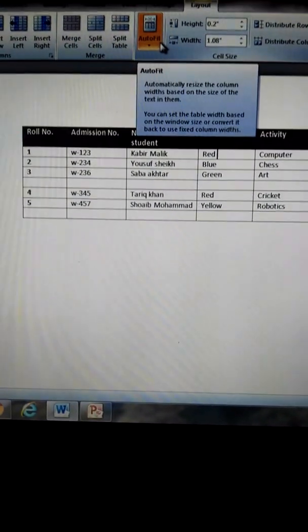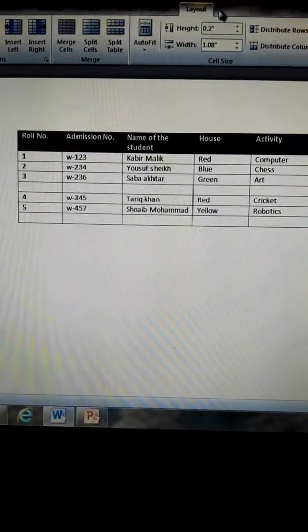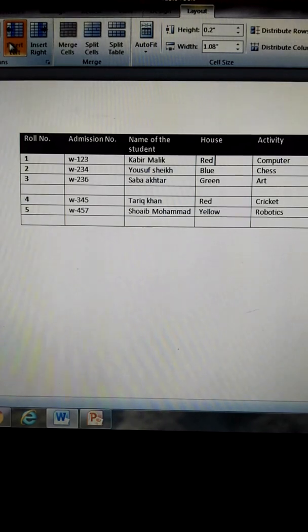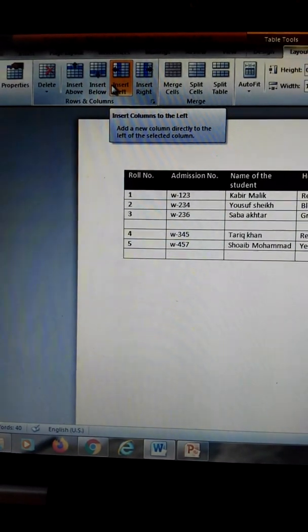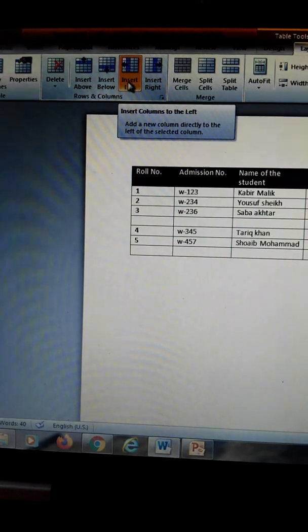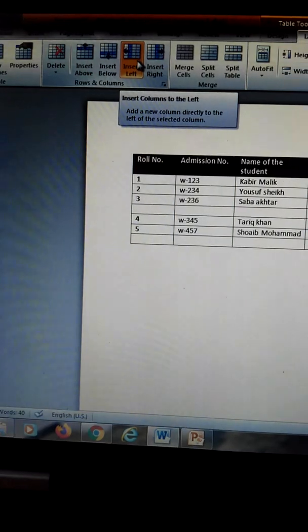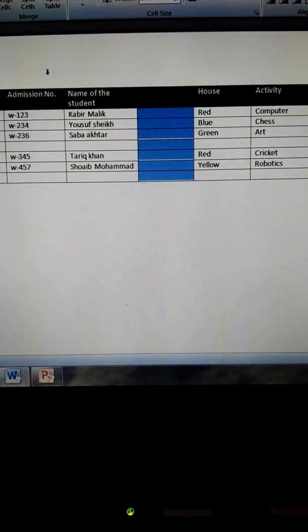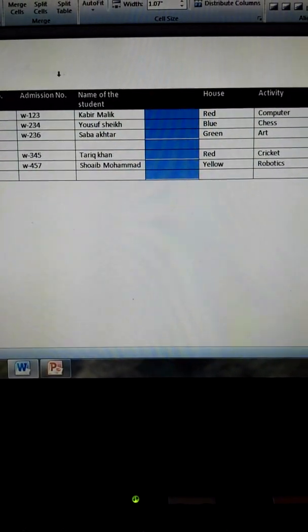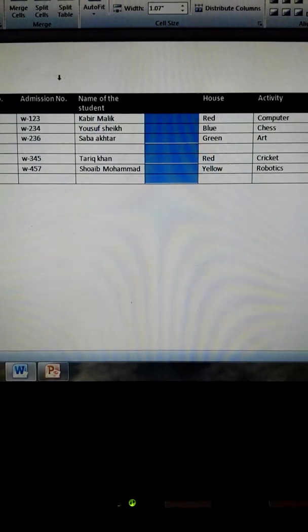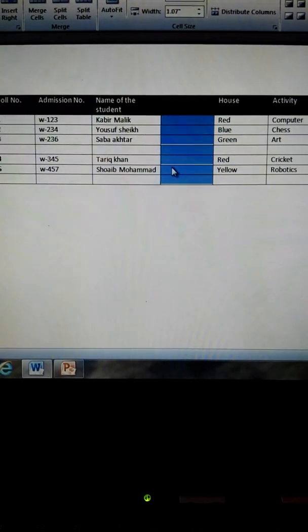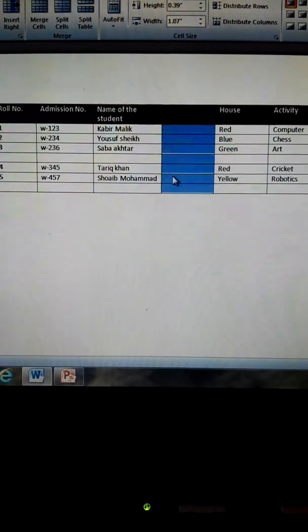Then we will click on the Layout tab, move to the Rows and Columns option, and choose the Insert Left option. When you click on this option, you can see a new column is inserted at the left of the House column. In this way you can add a new column in your table.